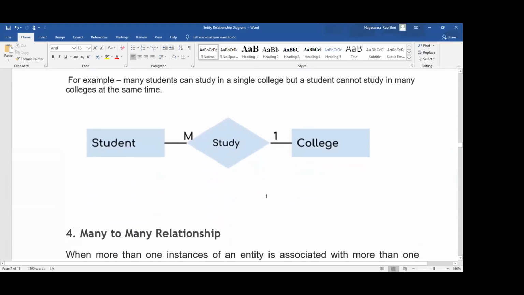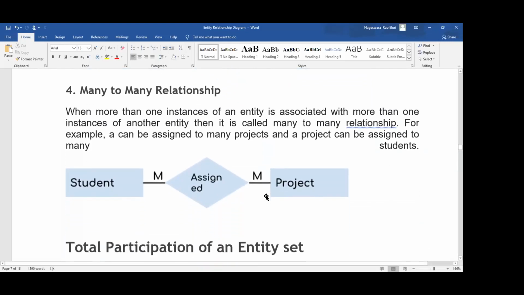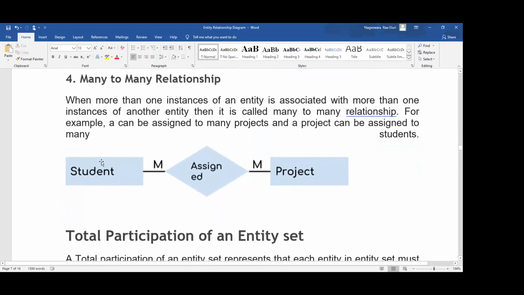Many to many is also an example. You can take final year students, where we are assigning projects to students. Students are assigned many projects. Here we are dividing the students into a number of branches. Many instances of this entity and many instances of the other entity are related, and this relation we represent by a diamond shape.